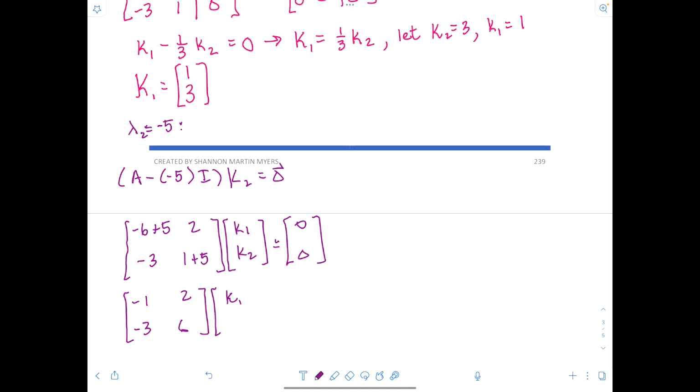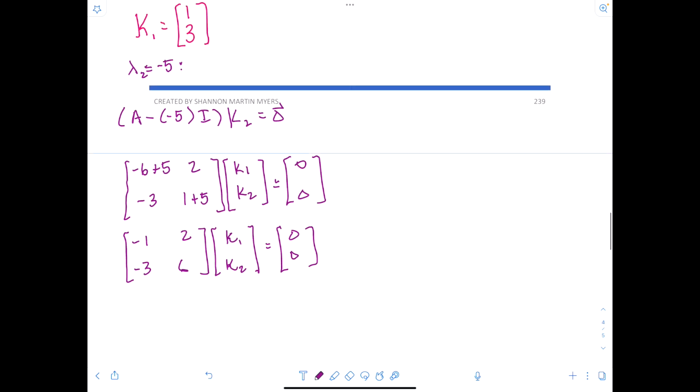Times K1, K2 equal to 0, 0. So again, putting it in augmented form and using some technology, we'll have this matrix here, and finding that our REF format,